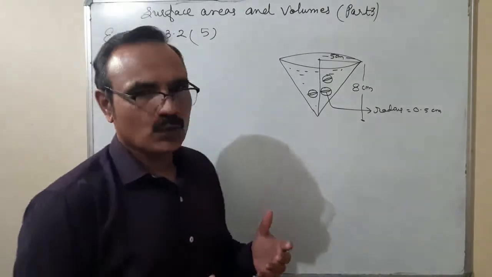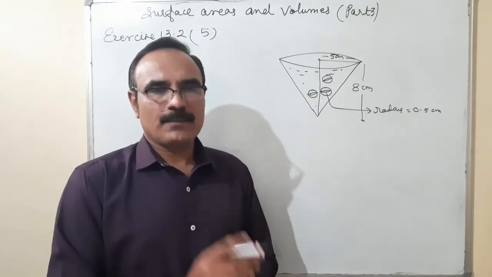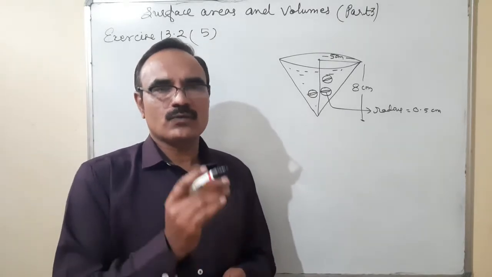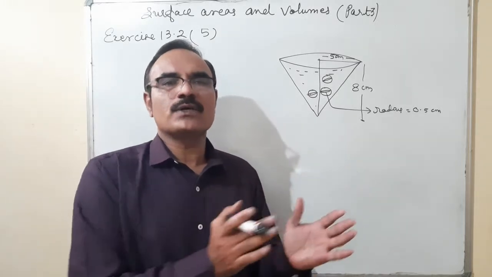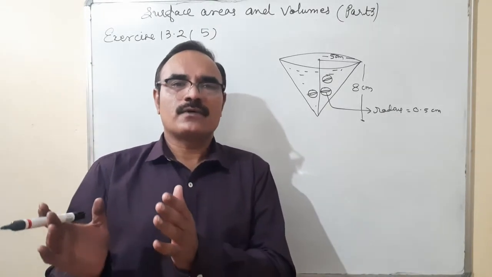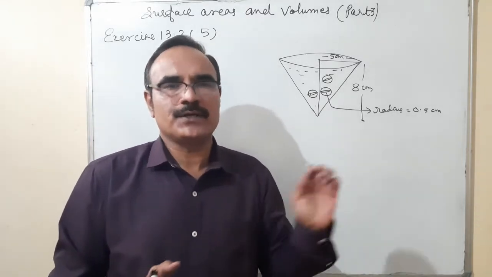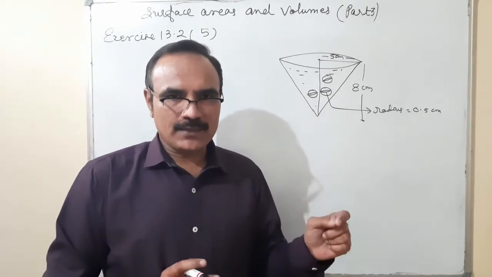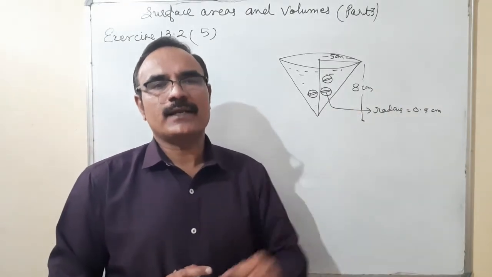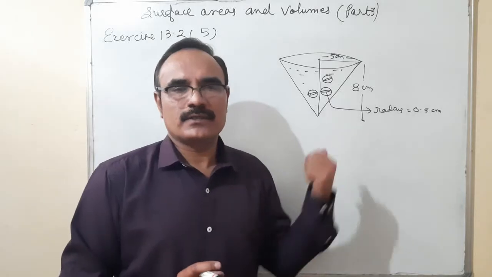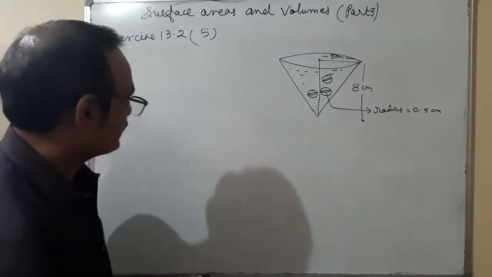For that, let me tell you the outline. First of all, we find the volume of the cone, 1/3 pi r square h, because 1/4 of the water flows out from it. So the volume of the cone divided by 4 is the water that flows out, and this amount of water is equal to the total volume of the lead shots we have dropped into it. Finally, the number of lead shots is equal to 1/4 of the volume divided by the volume of one lead shot. Then we get the number of lead shots dropped into it. So let's start.